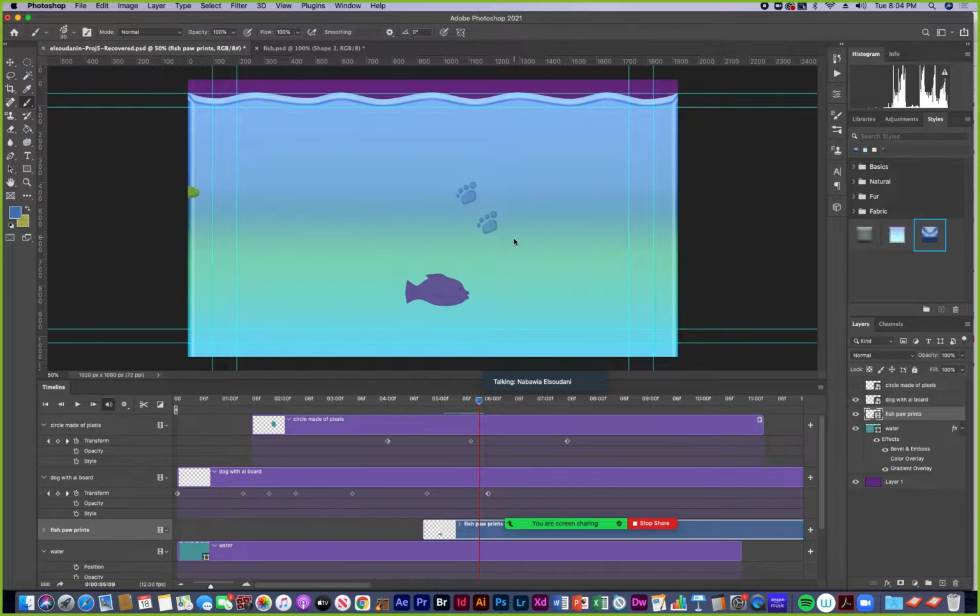Circling the fish maybe. Like paw print bubbles. So let's see what that does.